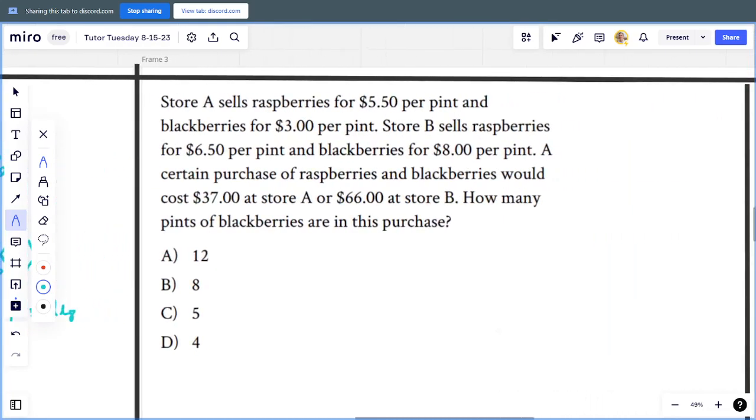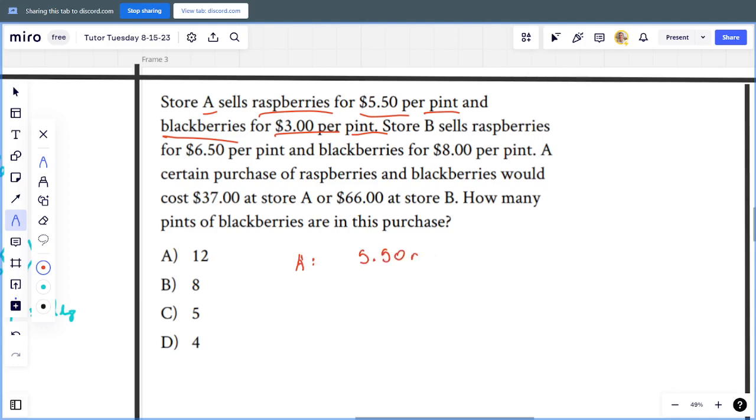Okay, next question we have here is system of equations. Hopefully you guys can recognize that this is a system of equations problem. We have that store A sells raspberries for $5.50 per pint, and blackberries for $3 per pint. So I'm going to say for store A, we have